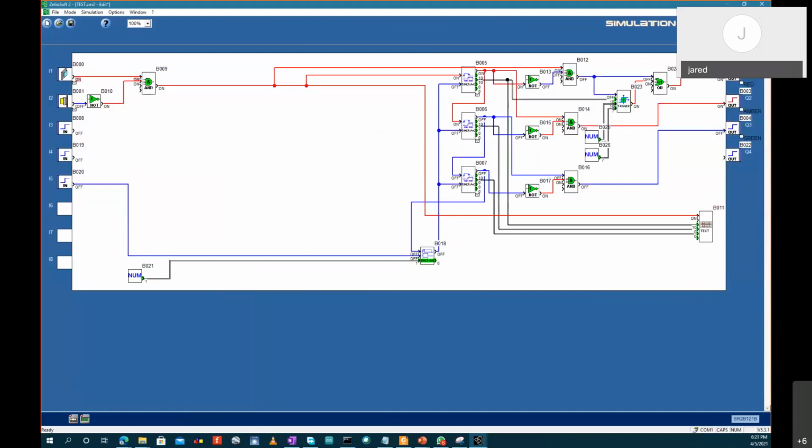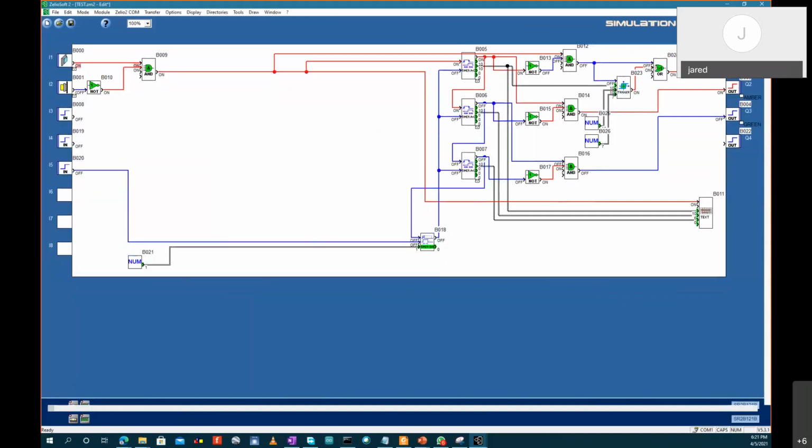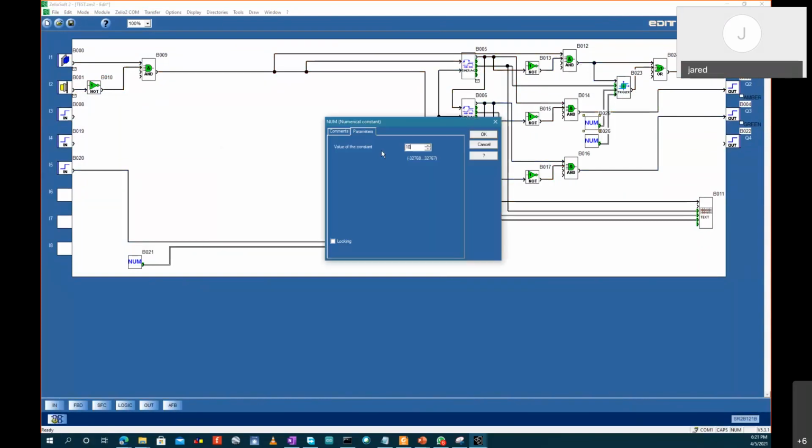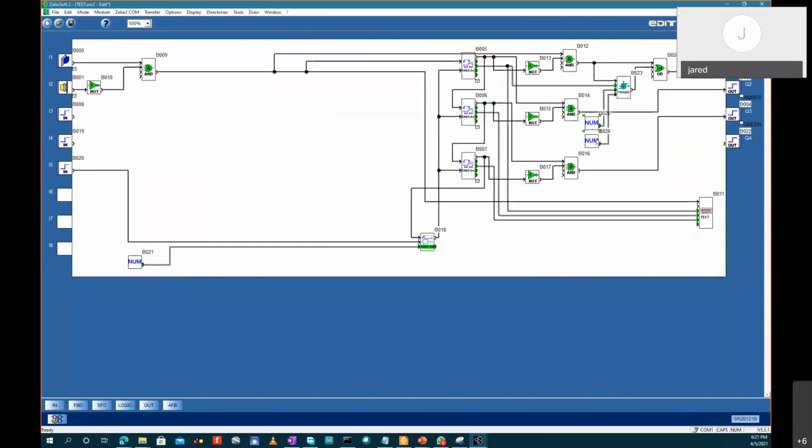So you see, not correct. So we stop the simulation and return the value to 5. It only has to be off when the value is less than 5. So we want to edit that. When the value is 10, throw a pulse, and that pulse should be able to activate